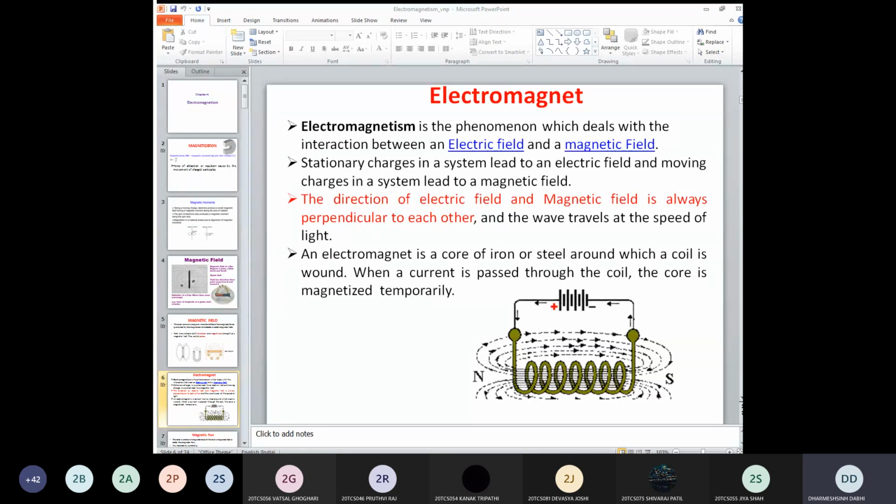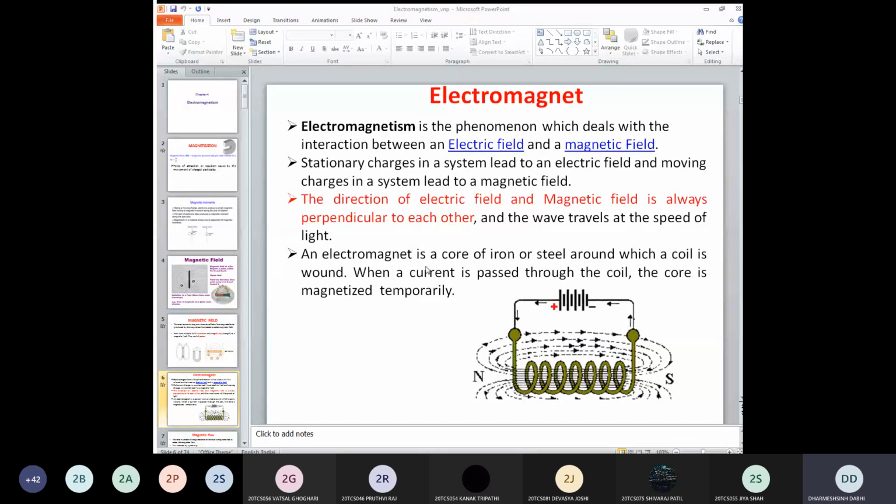The next term we learn is magnetic flux. So what is the magnetic flux? As we see the number of magnetic flux lines, the total number of magnetic flux lines of force in a magnetic field is called magnetic flux. The more flux lines, the more magnetic flux. It is denoted by phi, and its unit is Weber.